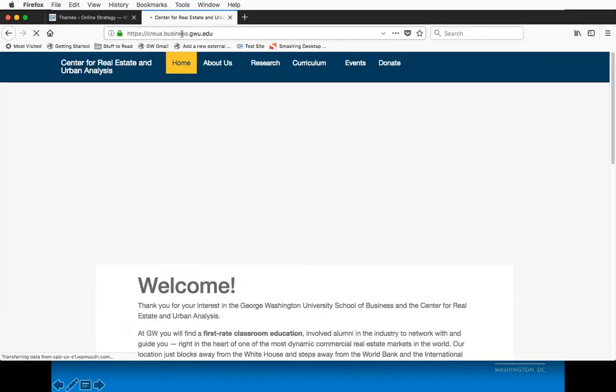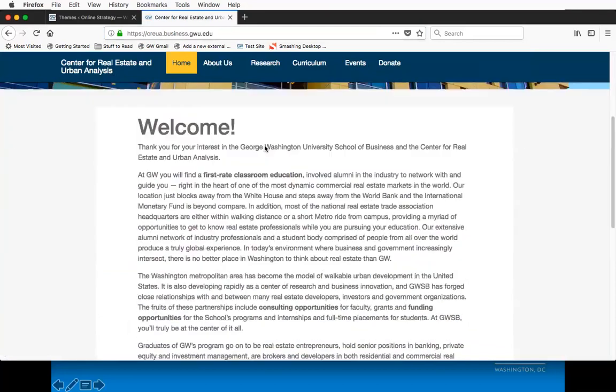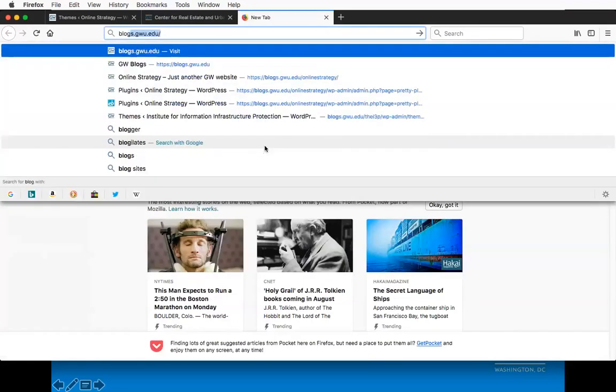I am. So the Center for Real Estate and Urban Analysis, they have somebody on staff who's comfortable working with CSS, which is cascading style sheets in web design. So they were able to customize this theme to get a banner up here. If they did not have this banner here, the site would start and it would look like this. The other option that they would have is to put their name in the jumbo headline space to use as the site title, which I believe, let me see if I can,